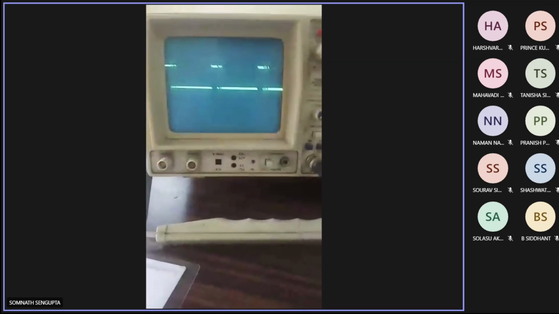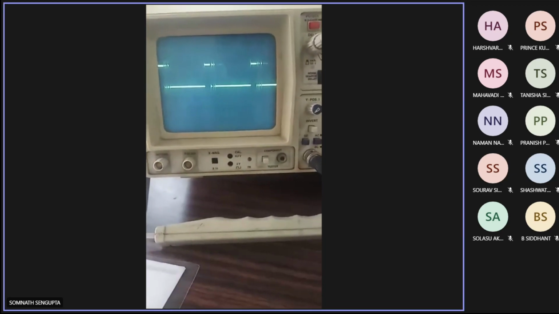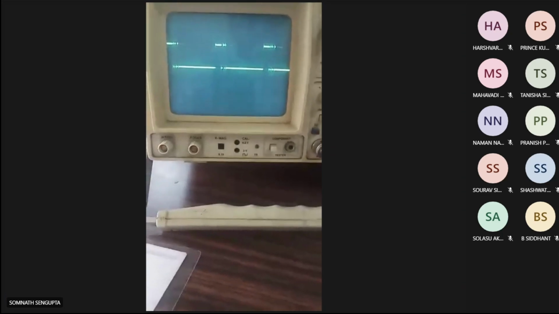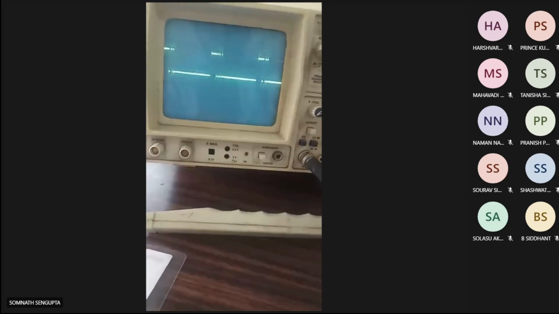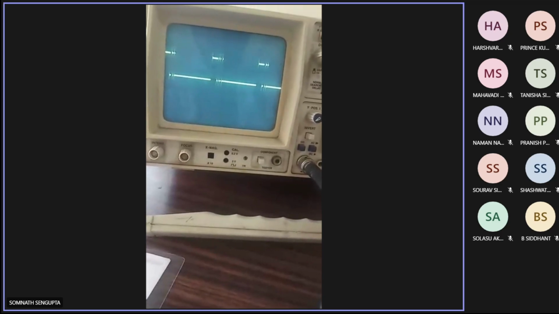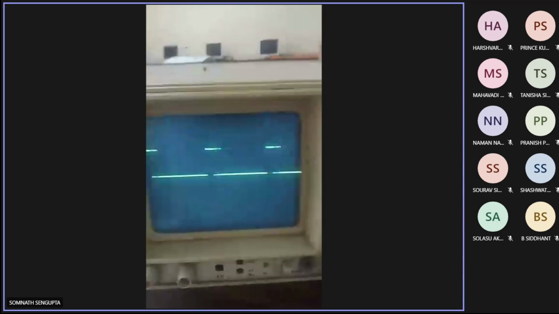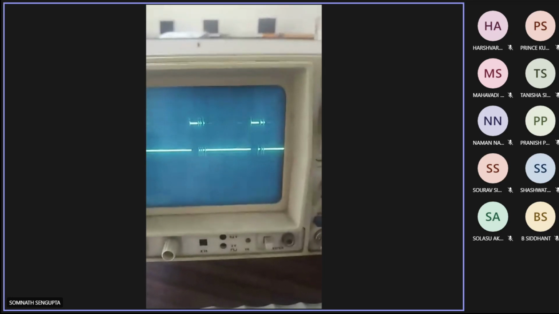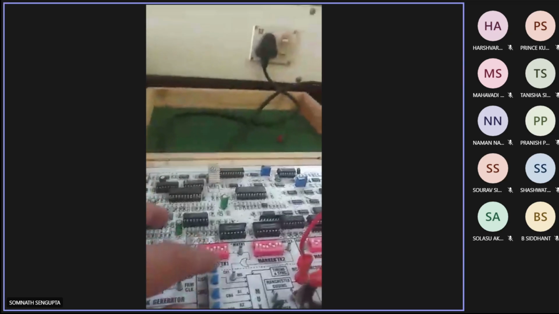In this case, it is better to observe the analog CRO, because it does not